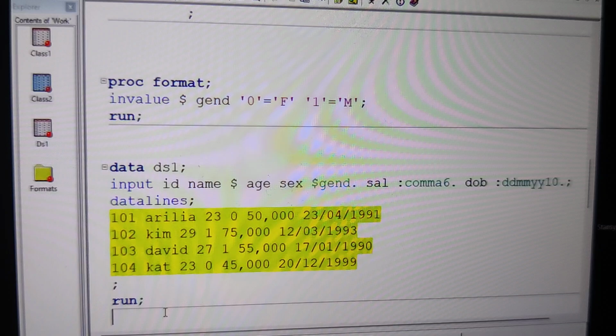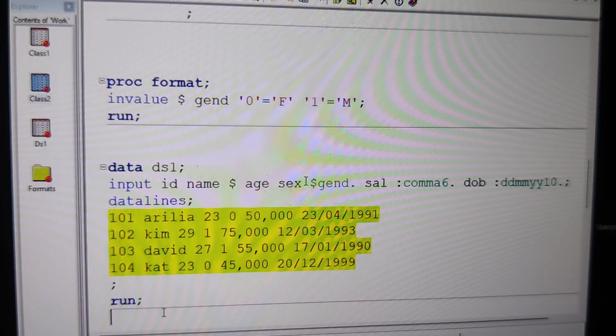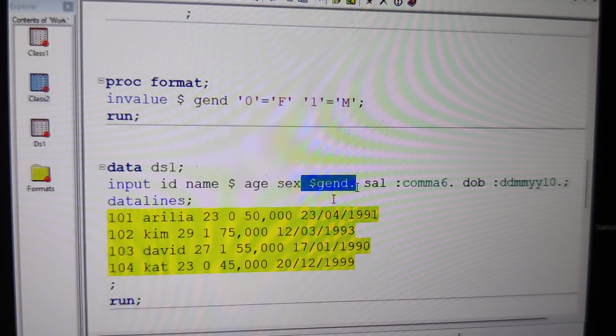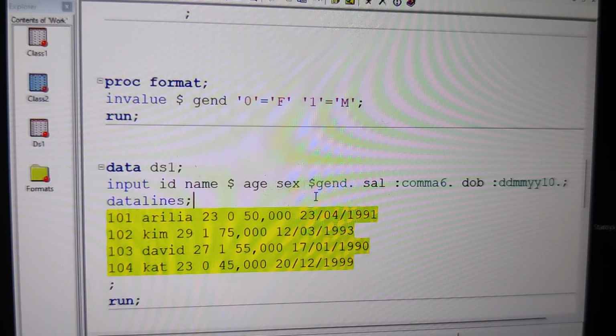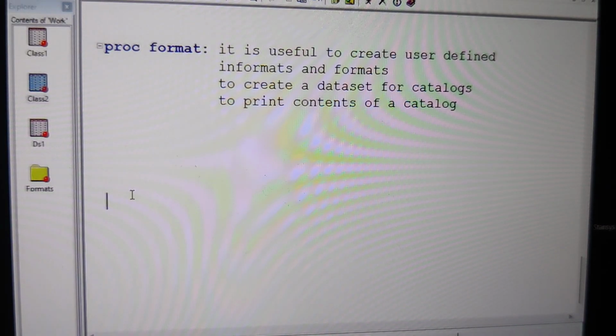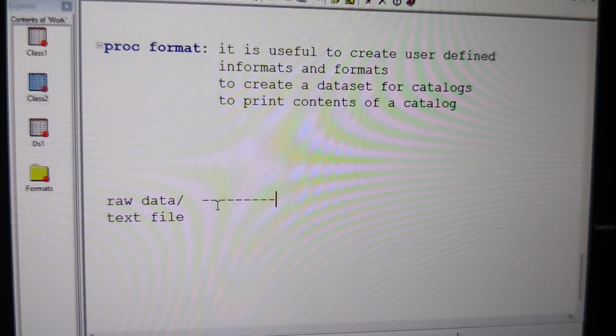So for example, what is going to happen if I didn't use $gen here? I can use only the dollar symbol. Remember, we need an informat when we have instant data or textual data, because we have to read this data into SAS. Remember I told you, when we have instant data or textual data, in the backend process